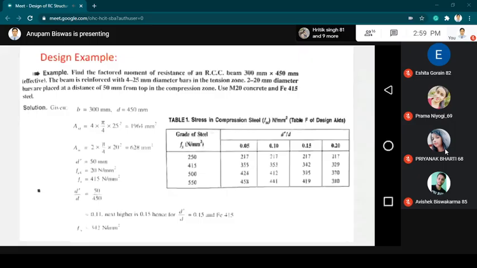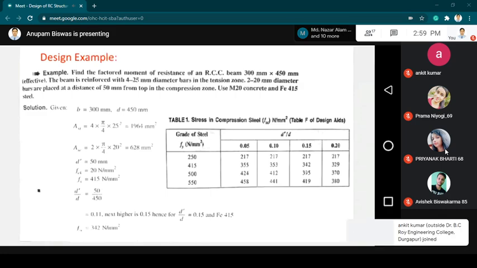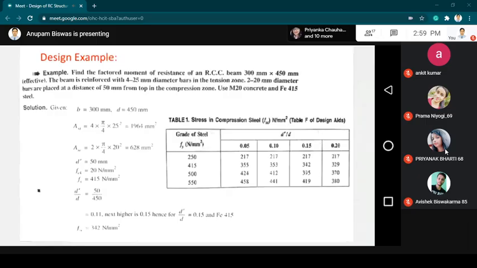The beam is reinforced with 4 numbers of 25 mm dia at the tension zone and 2 numbers of 20 mm dia placed at the compression zone, and the distance is 50 mm from the top of the compression zone. Effective depth of the compression reinforcement from the top of the fiber is given, and M20